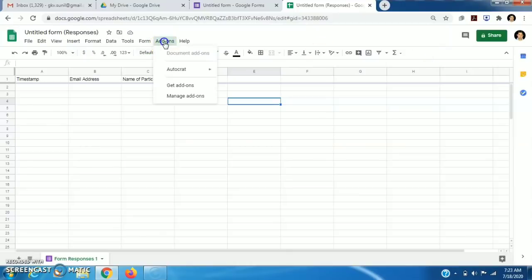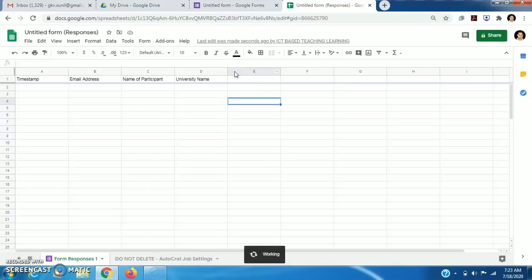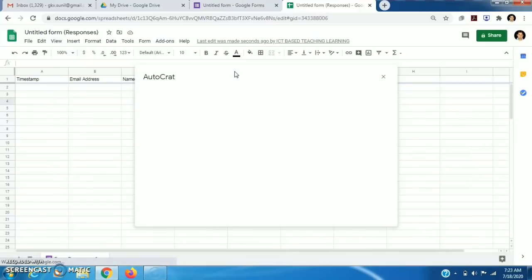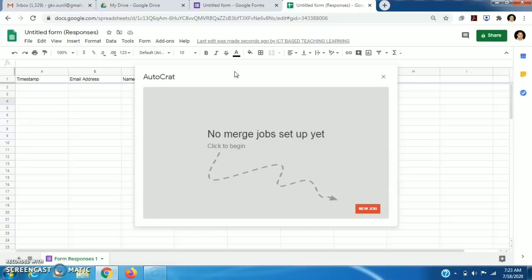Now I once again go to it, I click on launch. It is working. It is showing no merge job set up yet.